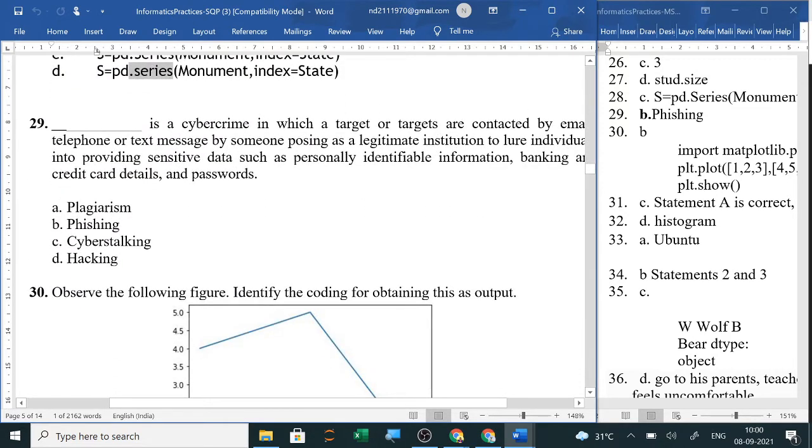Next question. Dash is a cybercrime in which a target or targets are contacted by email, telephone or text message by someone posing as a legitimate institute to lure individuals into providing sensitive data such as personally identifiable information, banking and credit card details and passwords. So which type of crime is it? It is a cyber crime in which sensitive information